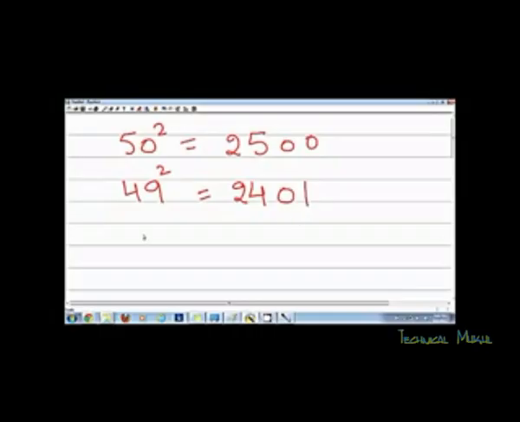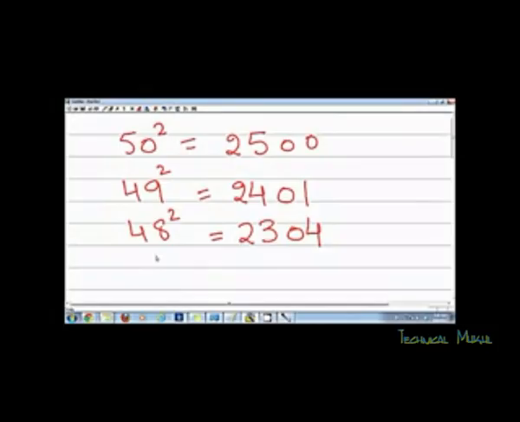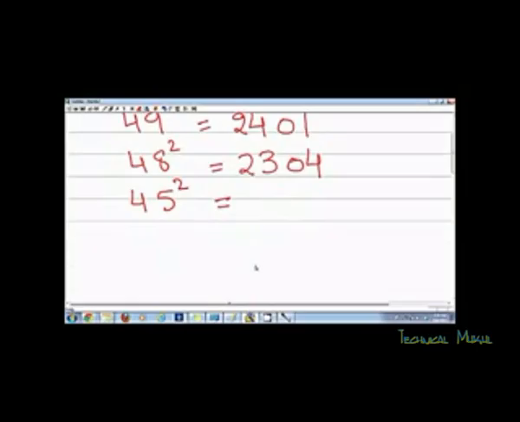So as you can see, again, if I have 48, what I'll do is subtract 2 from 25, that is 23, and then take square of 2, which is 4. So answer is 2304. So this is a quick method, so you can square any number which are close to 50. Same thing, if I have 45 square, then I'll subtract 5 from 25, that will be 20, and then take square of 5, that is 25. So answer is